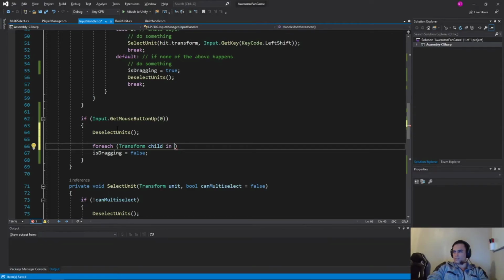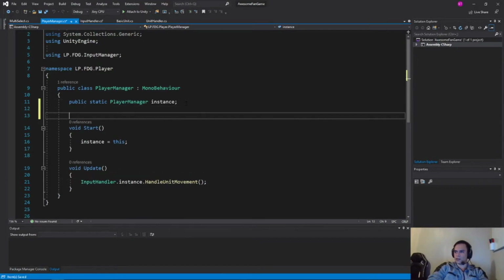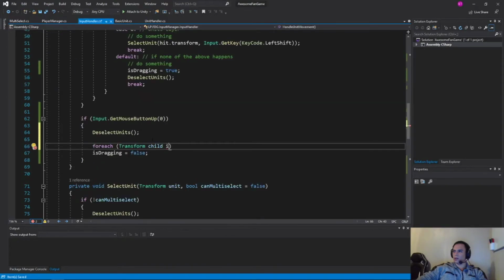this. So let's go to our player manager, and under this we're going to say public static, and let's just call them, I guess it doesn't really matter, I'm making this too hard, huh? Player units. Okay, let's go ahead and save that, and we're going to come to our input handler, and we're going to